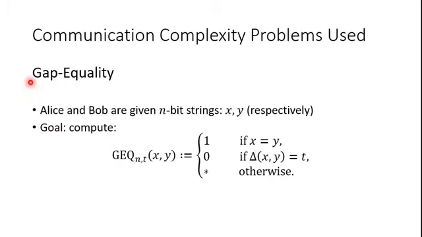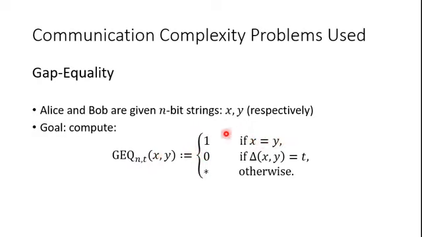So now we reach another communication complexity problem that we'll be using for our reductions later on, and this one is gap equality. In this case, Alice and Bob are given n-bit strings x and y, respectively. From now on, if it doesn't mention explicitly, Alice's is x and Bob's is y. And their goal here is to compute GEQ with parameters n, t for x, y,